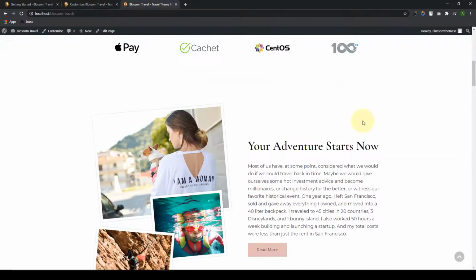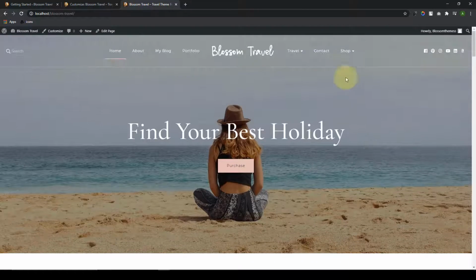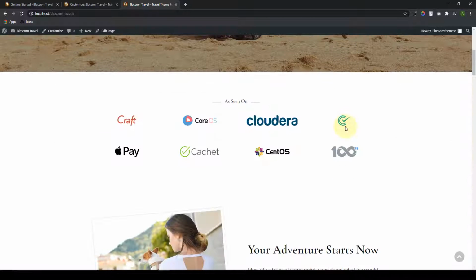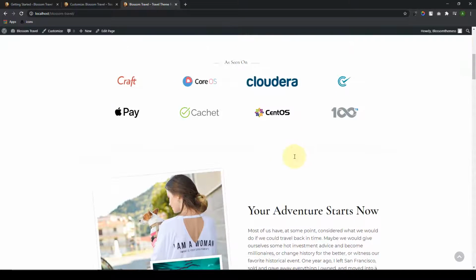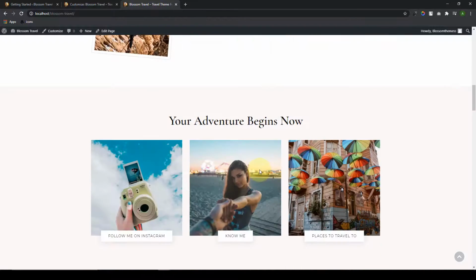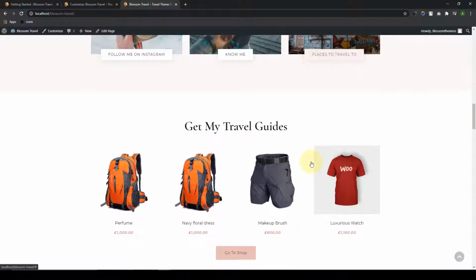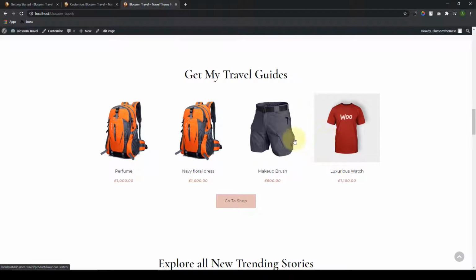Scroll down, and so far the slider section, the banner slider, and the rest of the sections such as the About section and the Featured section are looking the same. And as you can see, your shop page is now also being featured on your home page, so your users have the opportunity to go to the shop section directly